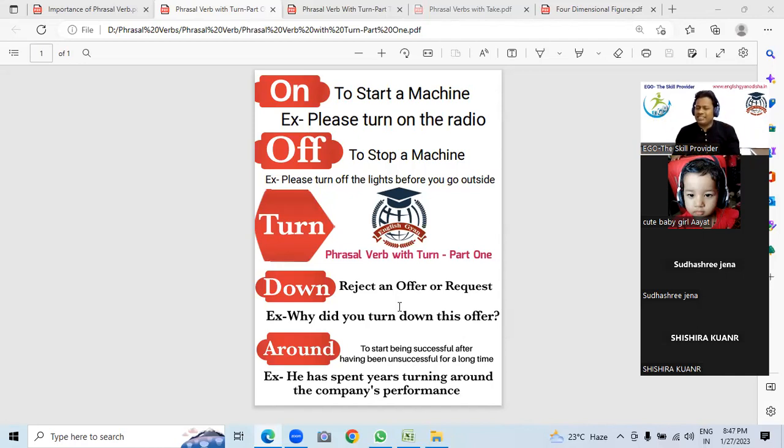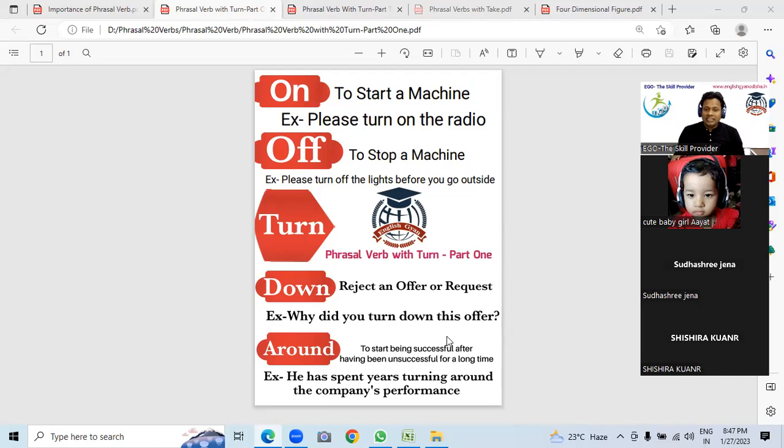In that particular situation, you can say turn down. Why did you turn down the offer? Why did you turn down my request? Look, whenever you say, I want to reject your offer, reject is a very common word. I don't find any naturality in it. Just be natural. Why did you turn down my offer? Why did you turn down that particular thing? So turn down means reject an offer or request. I've given examples. You can use a lot of examples accordingly, as per the situation. You turn down this offer. Why did you turn down my request? Like that.